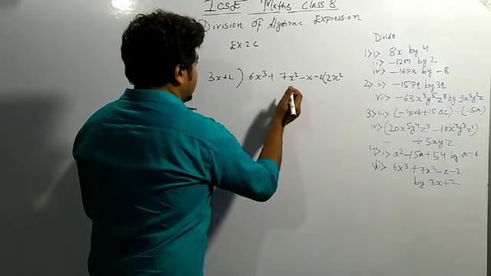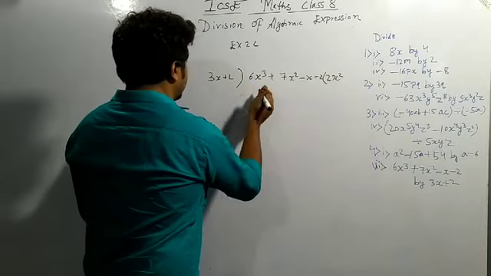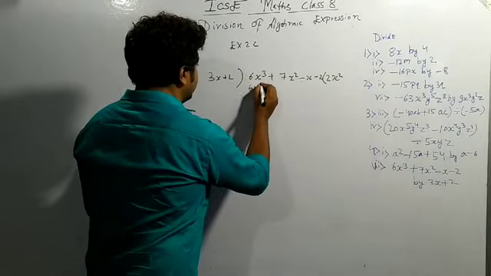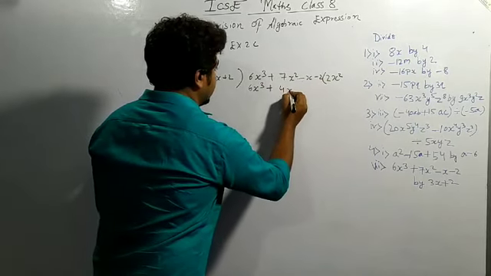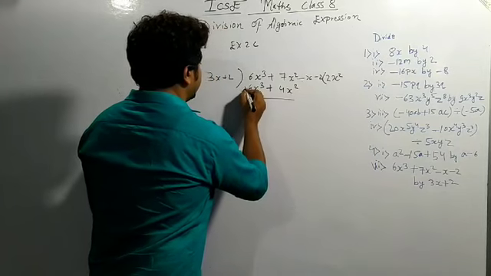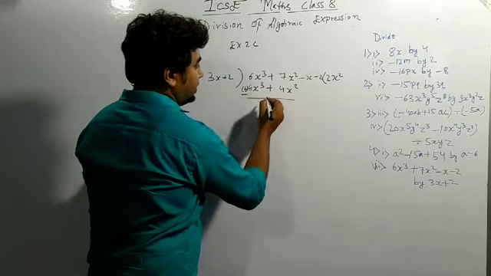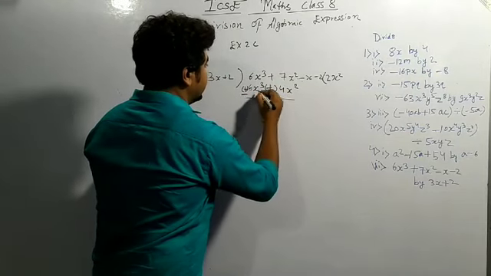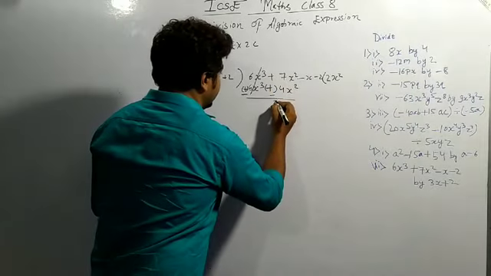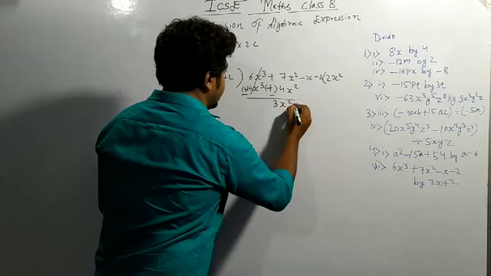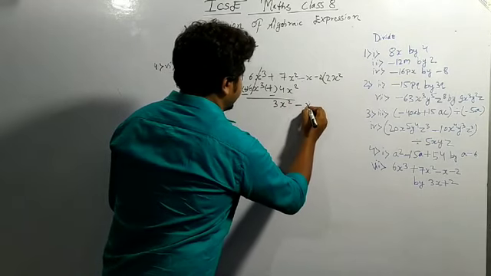Now this will be multiplied to both the terms. So it will become 6x cube, and this is becoming 2 into 2 is 4x square. This term has plus, and that has minus, and this plus is also getting minus. So this term is getting cancelled. Now the remaining terms are 3x square minus x.